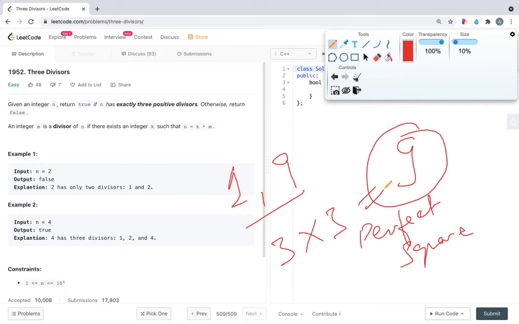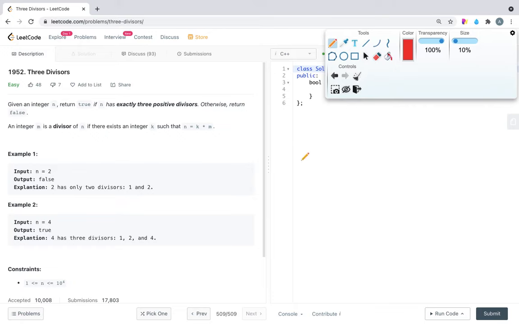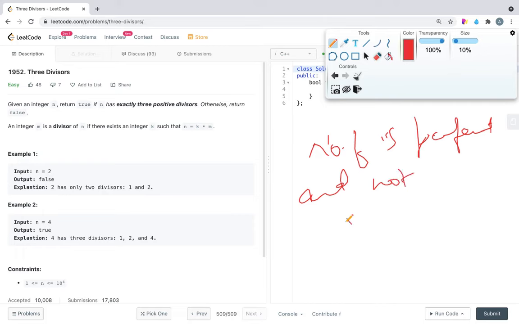So what we can do is, we'll check that the number is a perfect square and does not have any divisor other than 1 and itself.